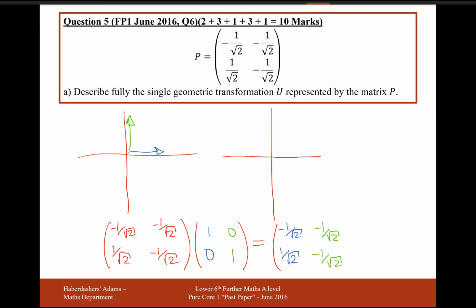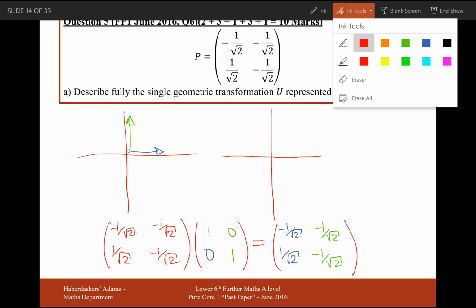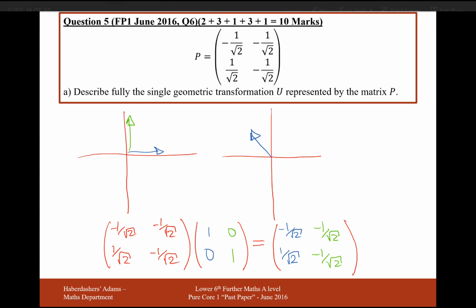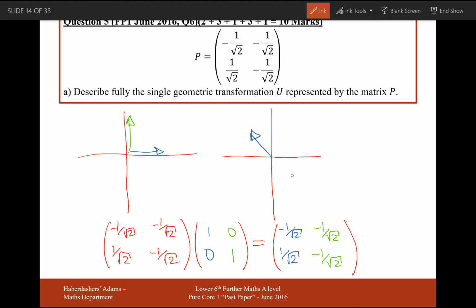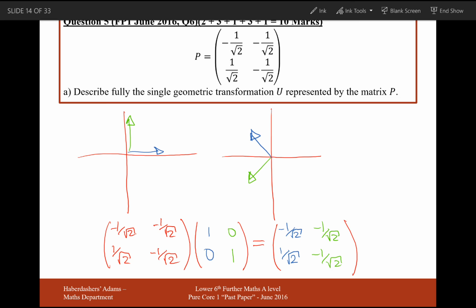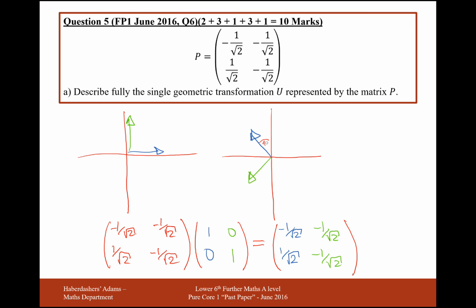So for the blue coordinate, let's draw out our image coordinates now and see where they end up. Minus 1 over root 2, 1 over root 2, so up here. And the green one is going to end up at minus 1 over root 2, minus 1 over root 2. So we can see here there is definitely a rotation. It's 90 degrees and then an extra 45 degrees here, from this being a coordinate minus 1 over root 2, 1 over root 2. So we have here a rotation